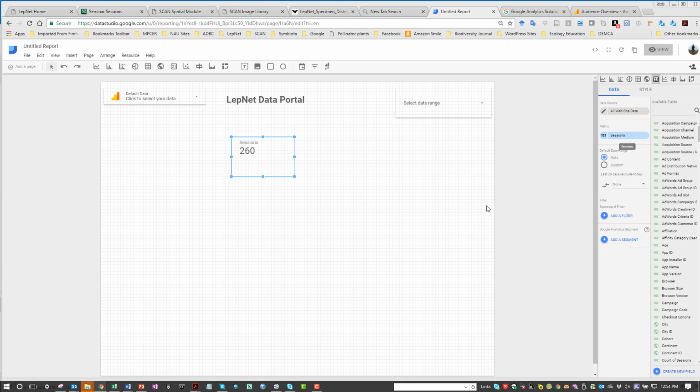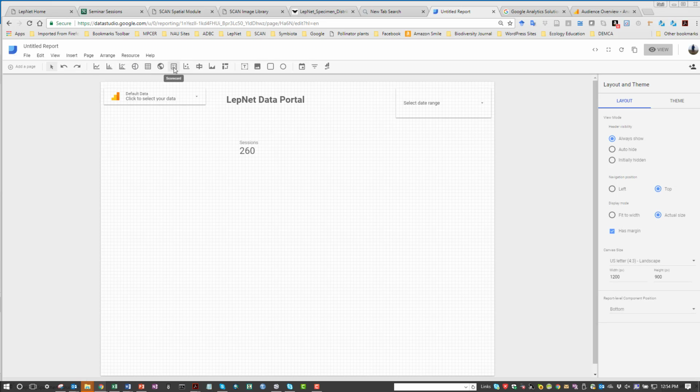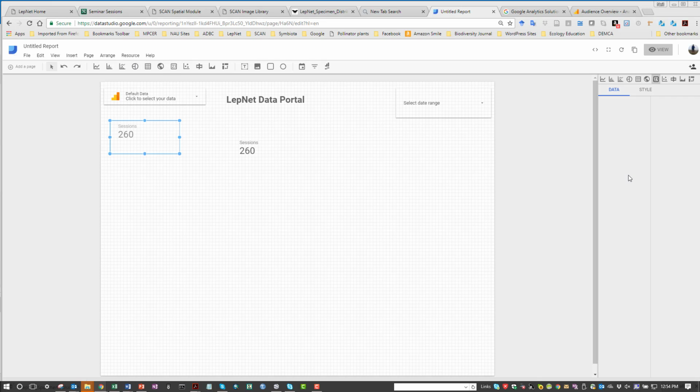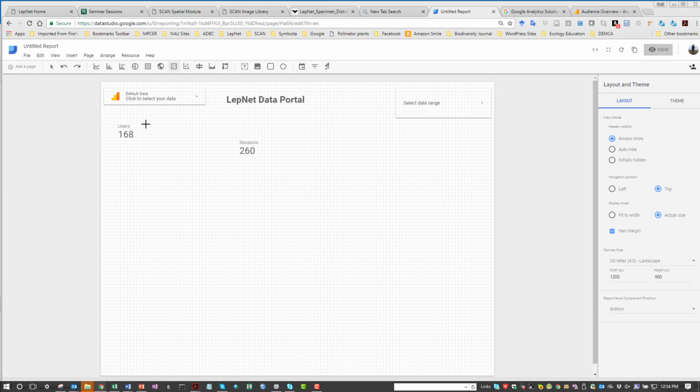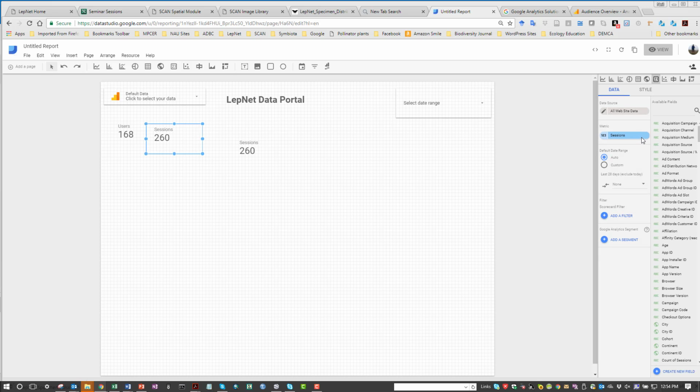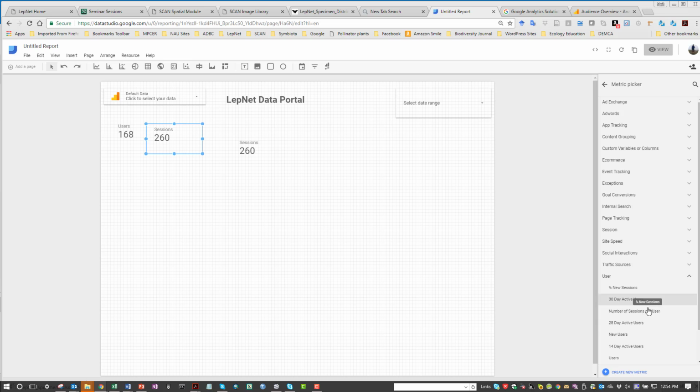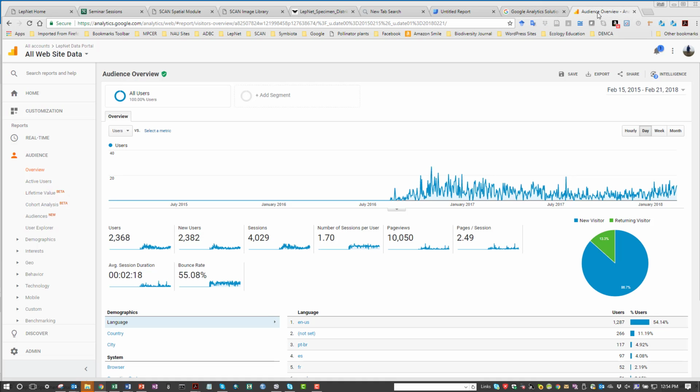And so the next one that I want to show is going to be users. I'm going to go over here and change that to users. Cha-ching. And it goes from sessions to users. The next one is going to be new users. So go back over here again and change that from sessions to new users. Let's see, I forgot what I had, so I'm going to go back here. Users, new users, sessions, number of sessions per user,